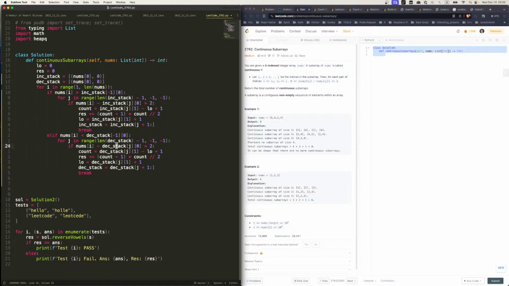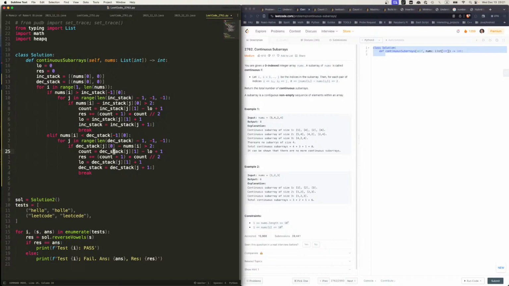So we have decreasing stack, and because it's decreasing, everybody is bigger, so I need to make changes. So this needs to go minus nums[i], right? So we say decreasing stack[0][0] minus this if it's larger than 2. Count is going to be